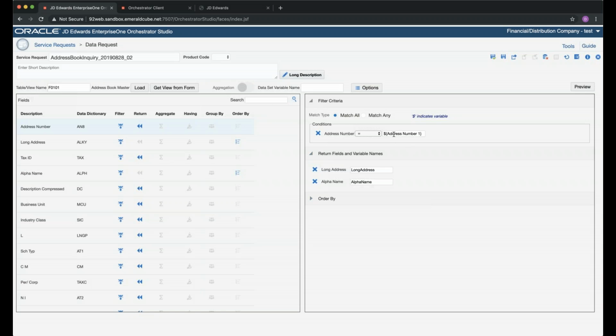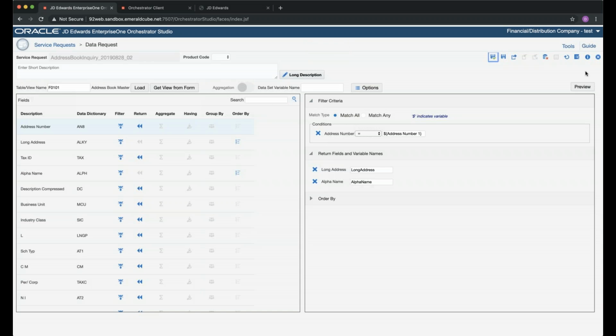So you'll see the condition, when the condition was input, it has a $ and these curly braces. That's the typical way to indicate a variable, and it automatically inputs it for you. So we'll just leave it like that. And then we're returning these fields, which we can name however we'd like to name them. And now we'll click save. So now we have a basic data request.